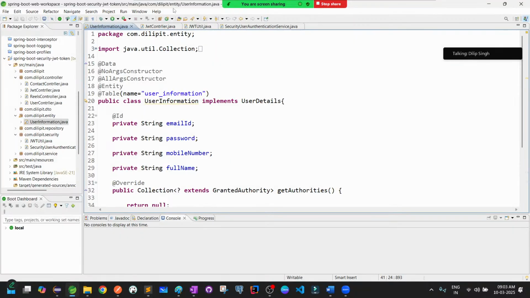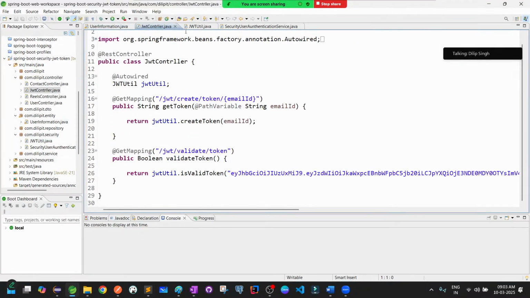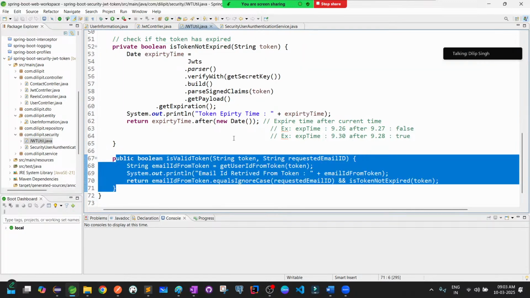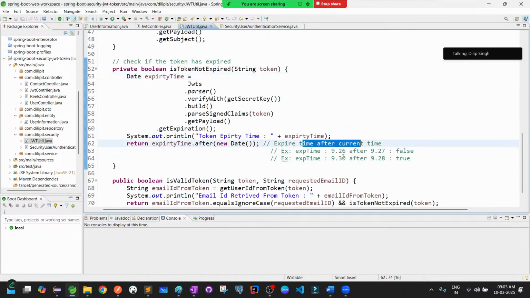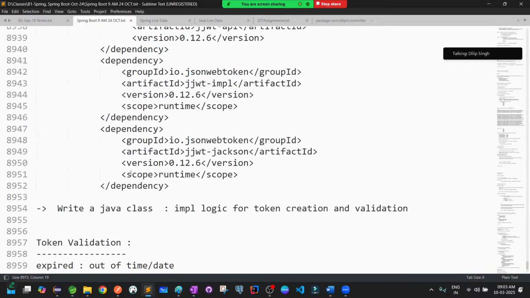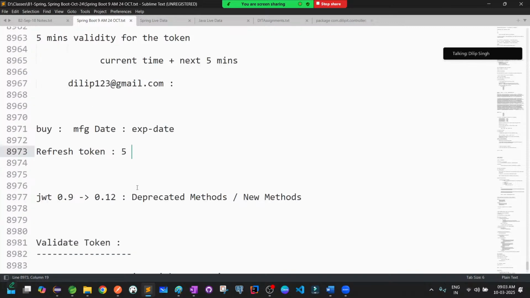So we just completed how to generate the token, what a JWT library is, how we are going to create the tokens, and how we are going to validate the tokens based on the expiry time and the user ID. We discussed all this information in our previous session, and after that, in the last session especially, we started integrating the